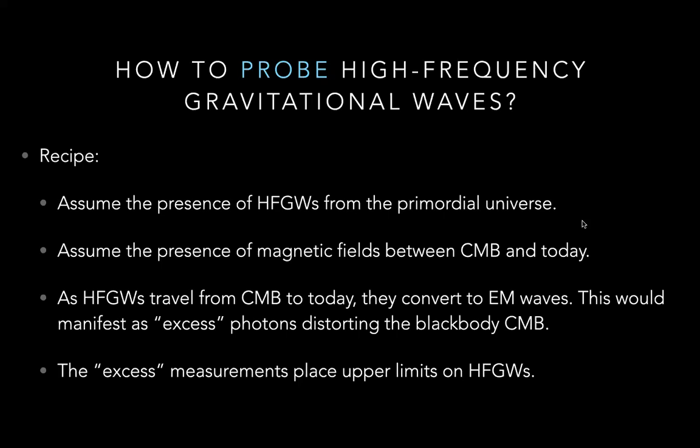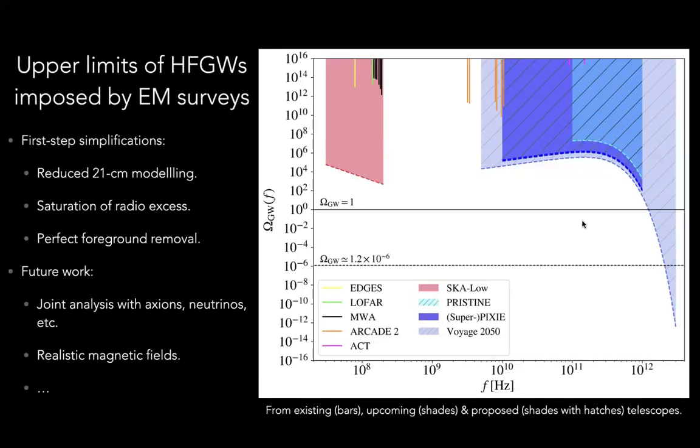So that was one step, and then we also did a simple forecast study to see whether improvement can be brought by future instruments such as SKA, which is a solid upcoming telescope, and also more conceptualized instruments at the proposal or conceptualization stage, some of the future CMB precision surveys as well. So we also forecast the improvement that can be brought by those instruments. And this is the result following the recipe shown in the previous slide. This is the first step work.